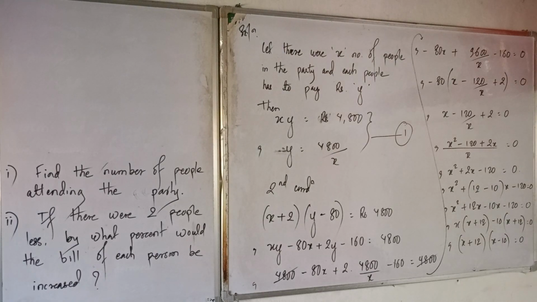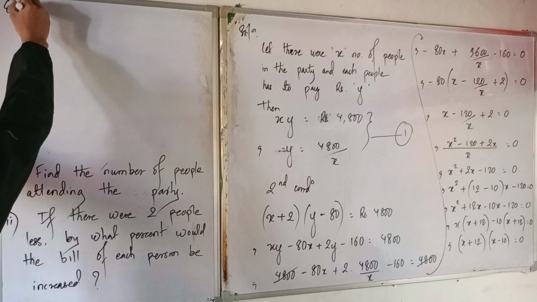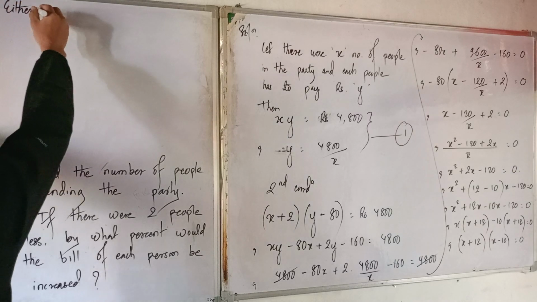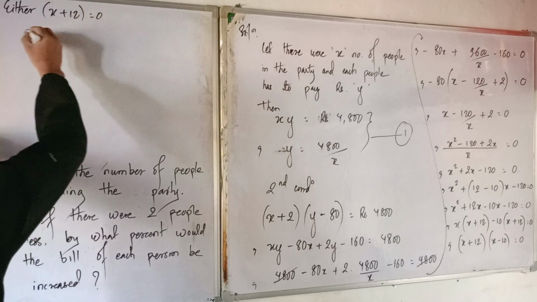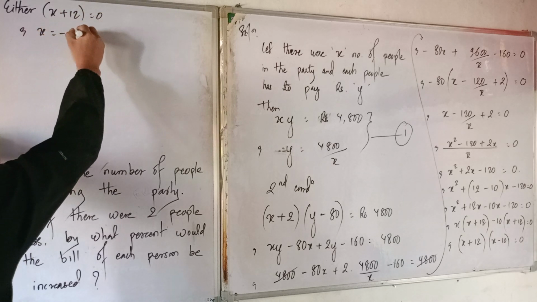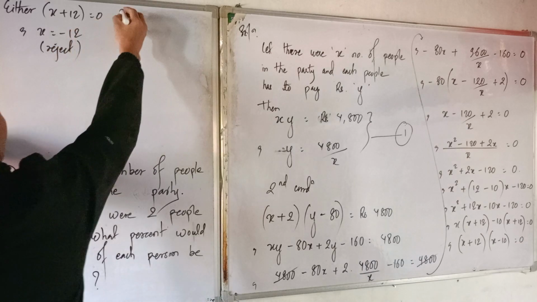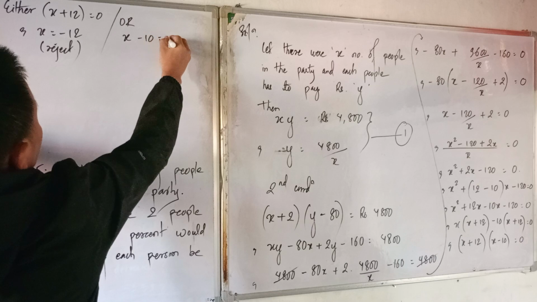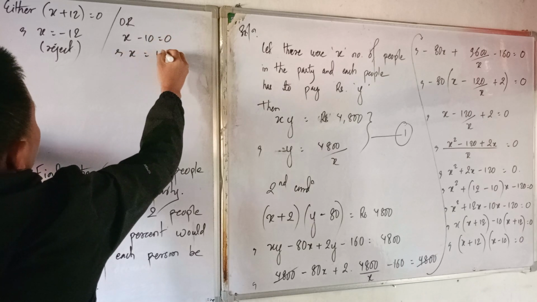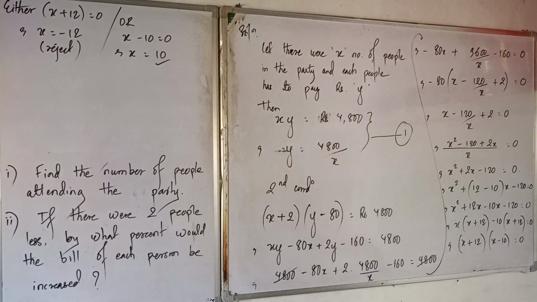Okay, so either x plus 12 equals 0, or x equals minus 12. We should reject this. Or x minus 10 equals 0, or x equals 10. You accept this. The reason why you reject that is it's a number of people, and number of people